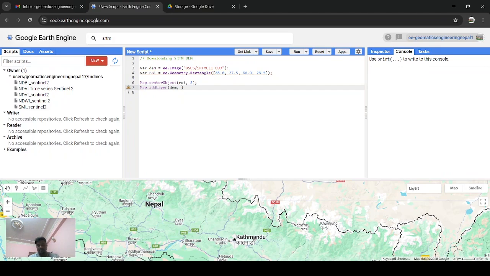You can visualize this, but I want to take only small portion of the DEM. So in that case, I will also use clip in between. So here, what I will do is like this, like dm.clip based on ROI, so that my area will be fixed, and I'm using minimum 0 to maximum 8000. We can change this value based on the requirement of